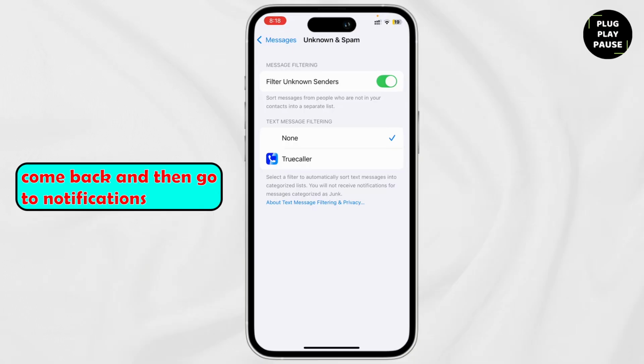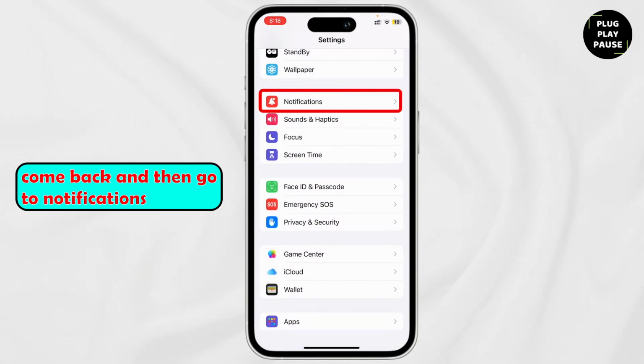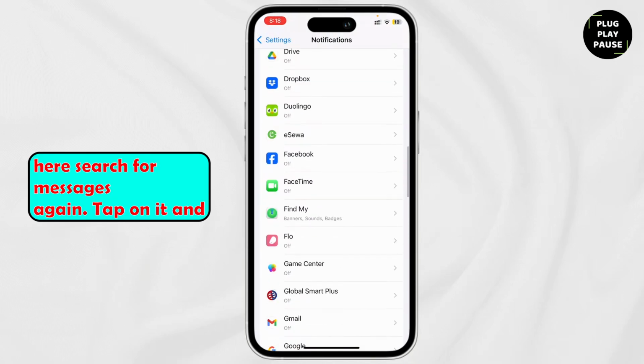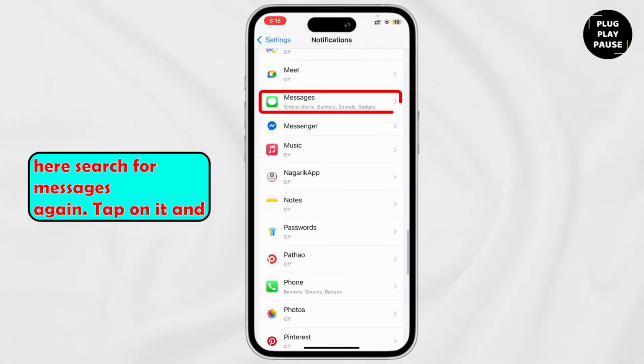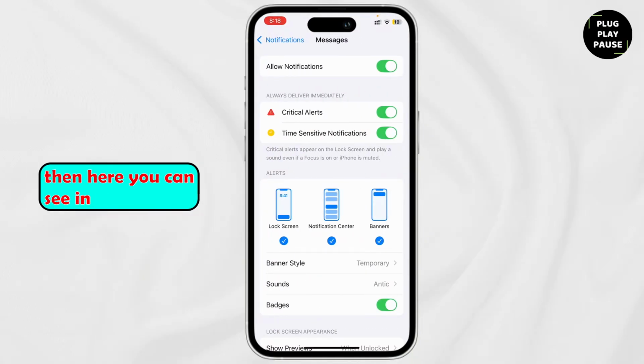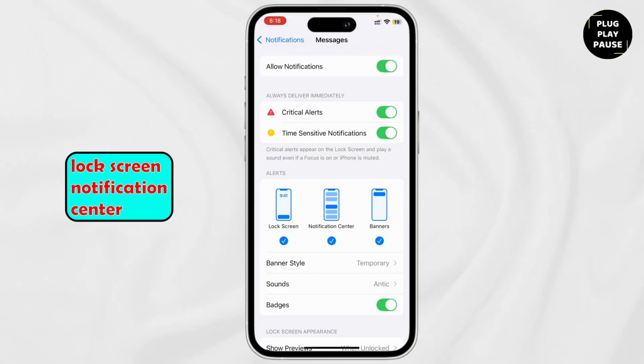Now, next step is to come back and then go to notifications. Here, search for messages again, tap on it, and then here you can see in notifications there are various alerts like lock screen, notification center,